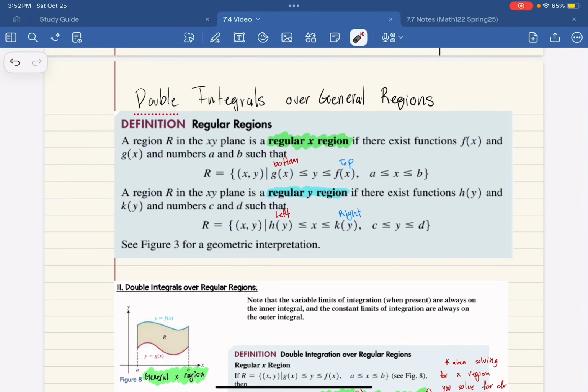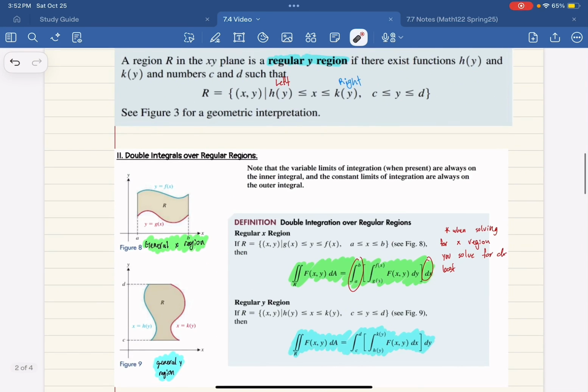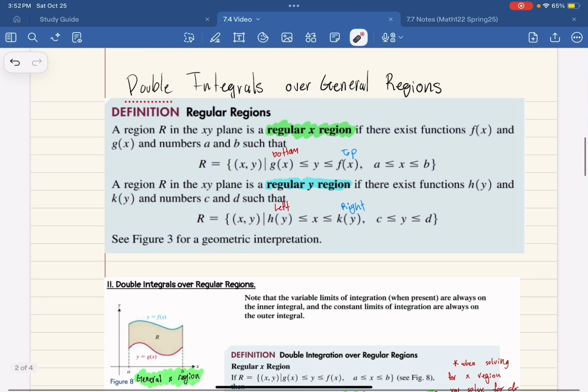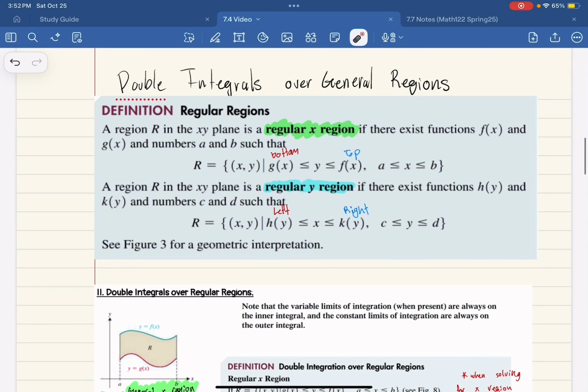Hello again, and today we're going to be going over double integrals over general regions. I did steal some of these from the notes. Thank you, Professor. By definition, a region R in the xy plane is a regular x region if